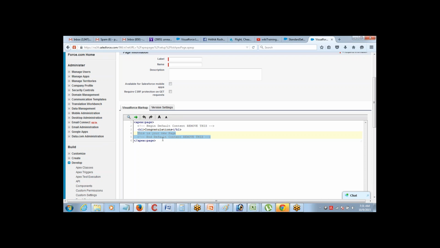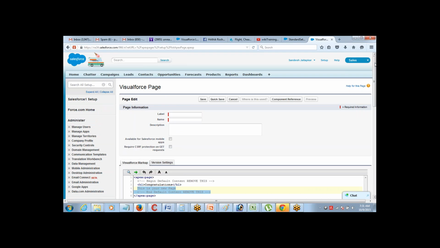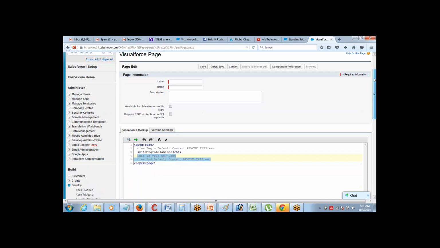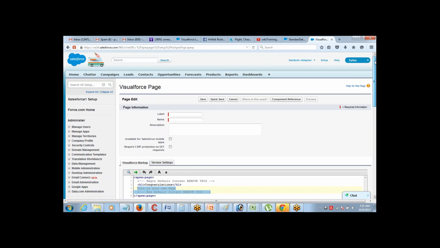Here, it does not happen that way. So this is not that good an approach. Right, in case you do not have access to development mode but still you want to create a page, then you can use this approach. Most of the time you will be using the URL approach for creating the page. All right.